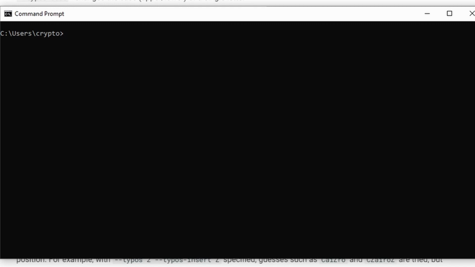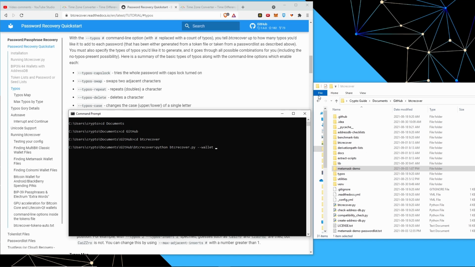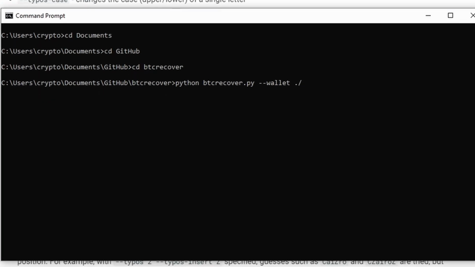So we open command prompt, and from there we're going to navigate to wherever we have BTCRecover installed. For me, that's just in a GitHub folder. So basically from here, we're just going to do python BTCRecover.py, and then wallet. We're going to point that to this Metamask demo folder we created over here. So that'll just be ./, because that tells Python it's in the same folder, Metamask demo. But again, this could be a path to anywhere, including just pointing it straight to the extension folder for your browser plugin. You don't even need to actually copy it. But anyway, so we'll also say